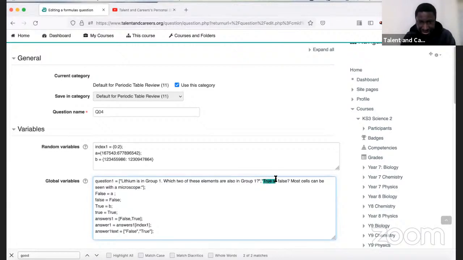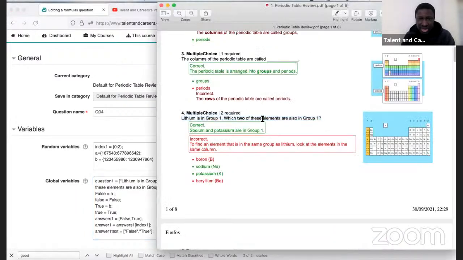Then the second question option, I'm also going to paste the same thing, but I have the option to either look at this question here and say, okay, I may want to modify this question to get my second question, or pick a totally different question. So it is not just about copying and pasting. As the person configuring the question, we need to think a little more to say, okay, how can I modify this question to get the second part? Depending on you, you might as well say which,